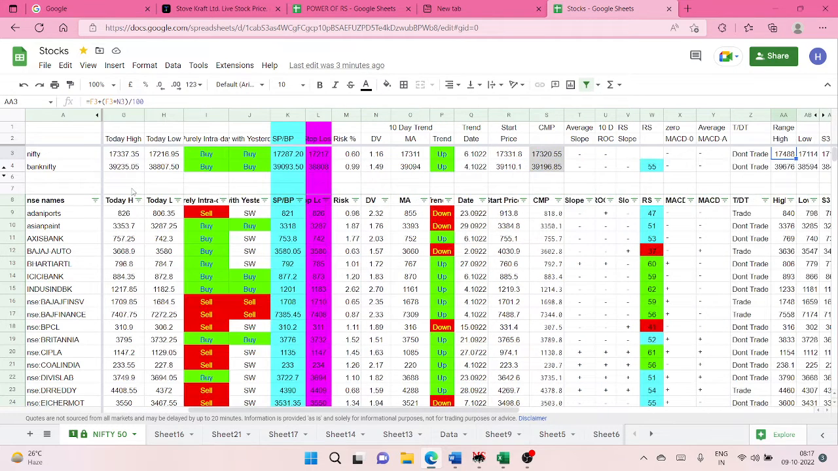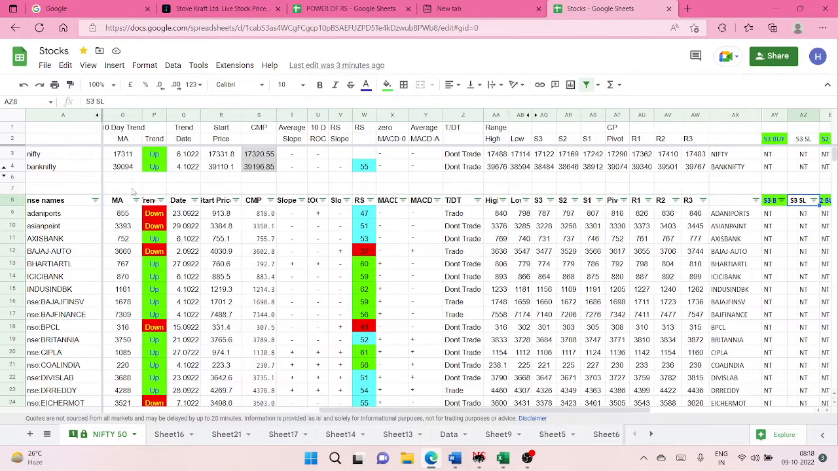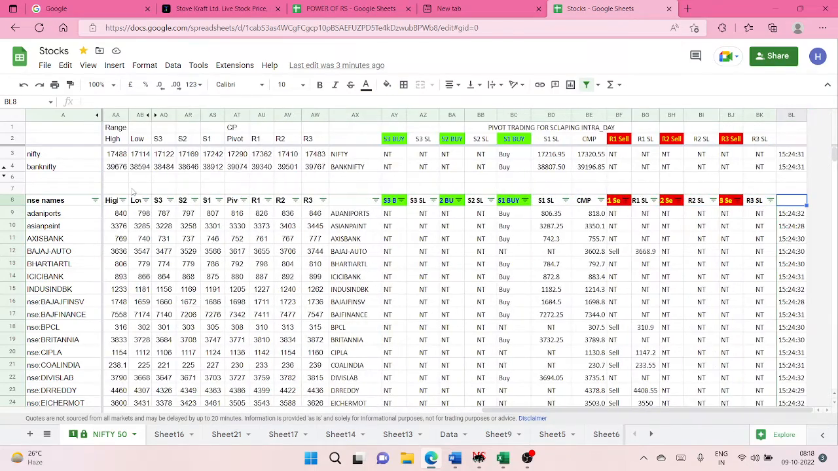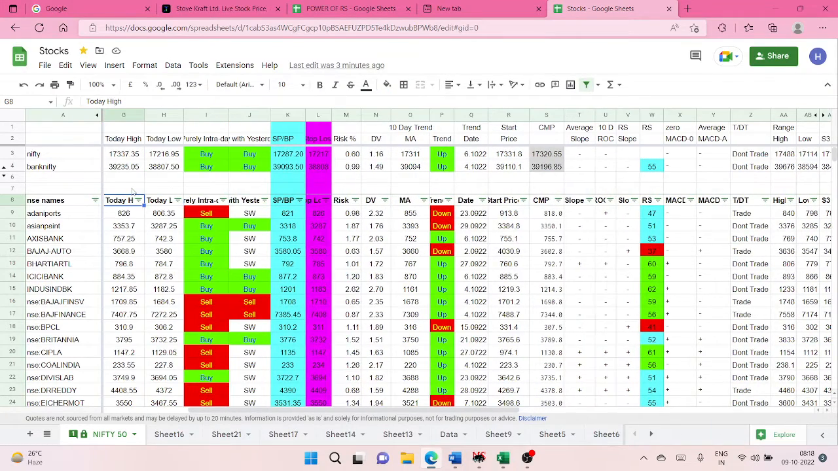Then we have the statistical data which will give you the slopes of the average, slopes of RS. RS is basically stock performance vis-a-vis the Nifty in the last comparable 7 to 8 trading days. MACD trend. Then we have the pivot level section here, R1, R2, and then once again we have a scalping intraday section. So what the end of the day will do is filter out the stocks